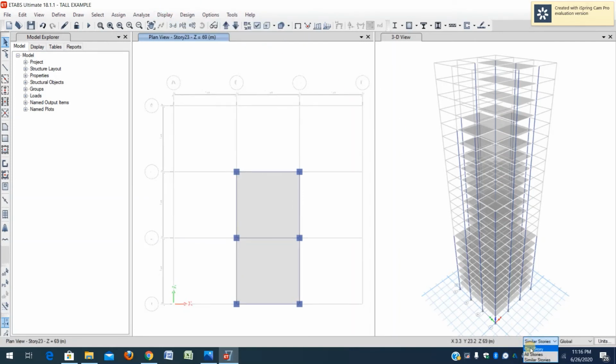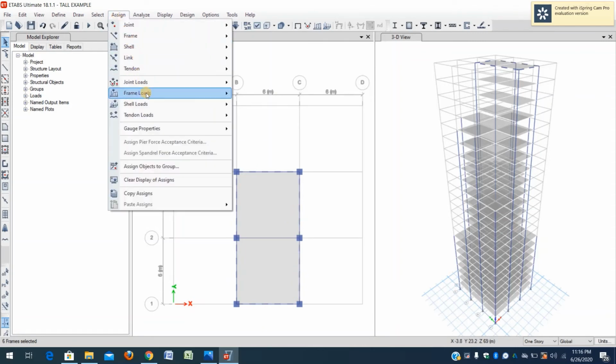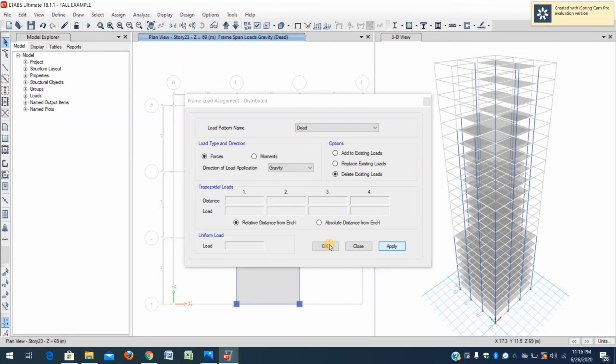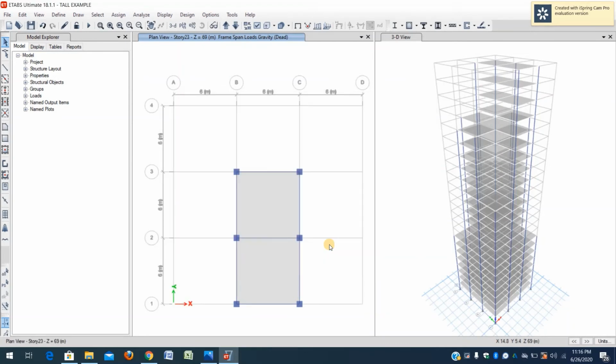Okay, select one story. Select the exterior beams again on this one floor. Go to Assign, Frame Loads, Distributed, delete existing loads and apply. Okay, cladding load has been removed only on the 23rd floor.